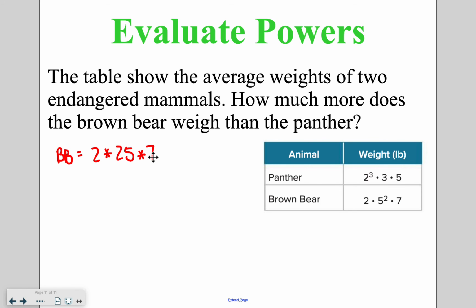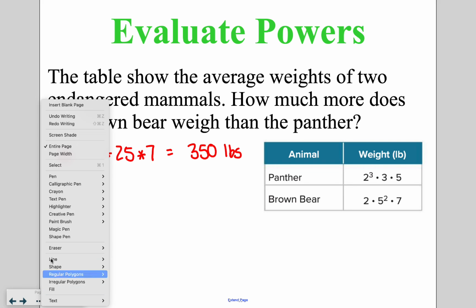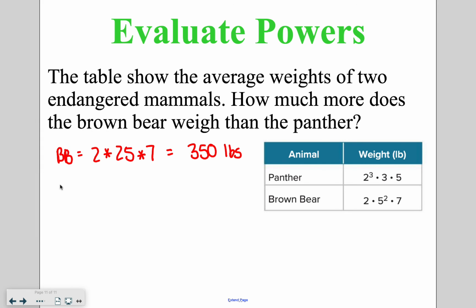Then I would go ahead and multiply 2 times 25 times 7, which is going to give me a grand total of 305 pounds for the brown bear. Then I'm going to move on to the panther. When I simplify that, 2 to the 3rd power is 2 times 2 times 2, which is 8, times 3 times 5. Now moving on to that multiplication step, you would do 8 times 3 times 5, which is going to give you an answer of